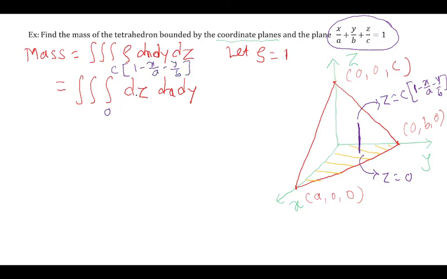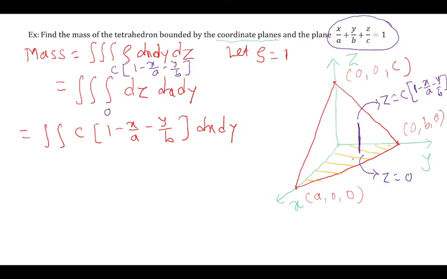So the integral of dz is z. If you put the upper and lower limits, you will observe clearly we get only a double integral. Now I will replace the upper and lower limits for the integral of dz. So we are left with only c times 1 minus x upon a minus y upon b dx dy. Now this is not so difficult for us. We already learned how to do the double integral. It is a double integral of this over the region in the xy plane. The region in the xy plane is already shaded, I highlighted it in the diagram.